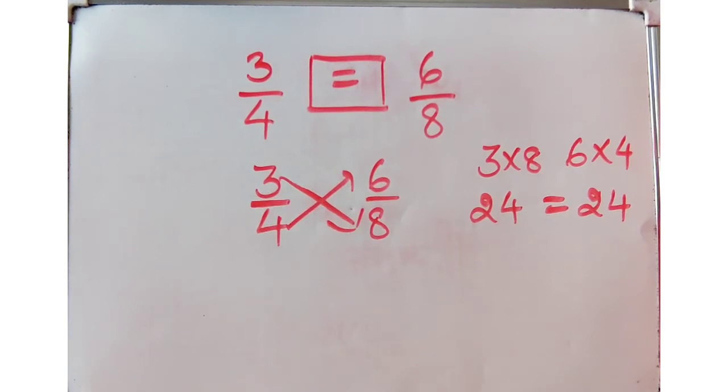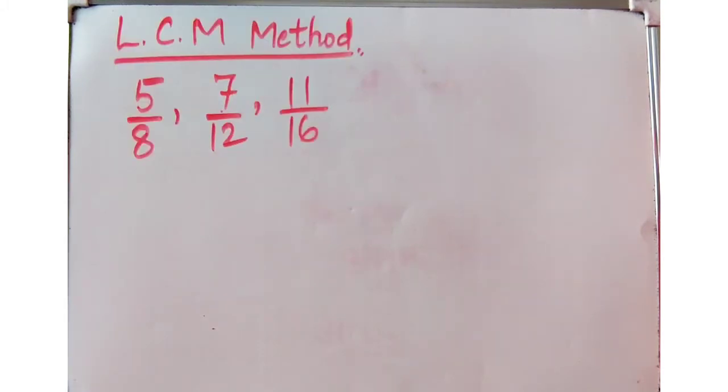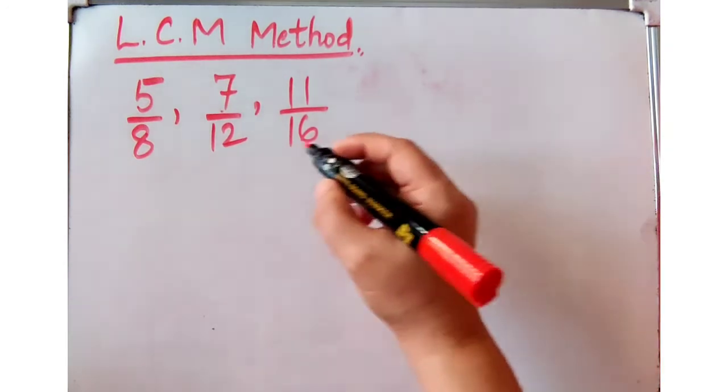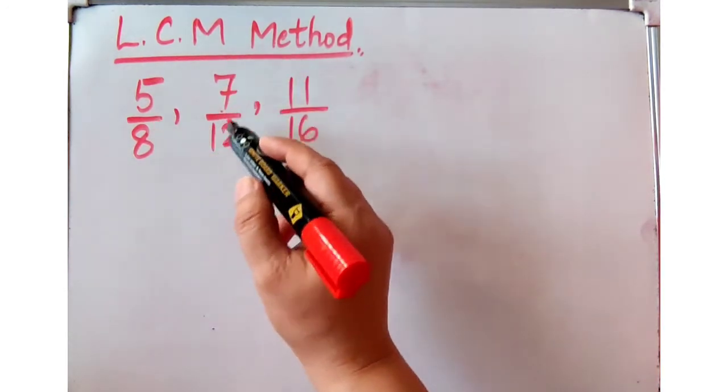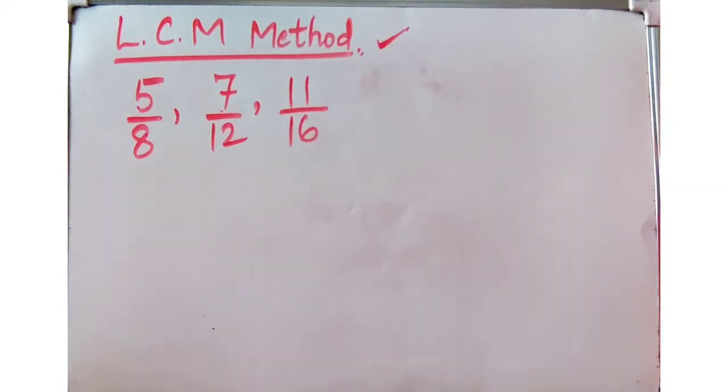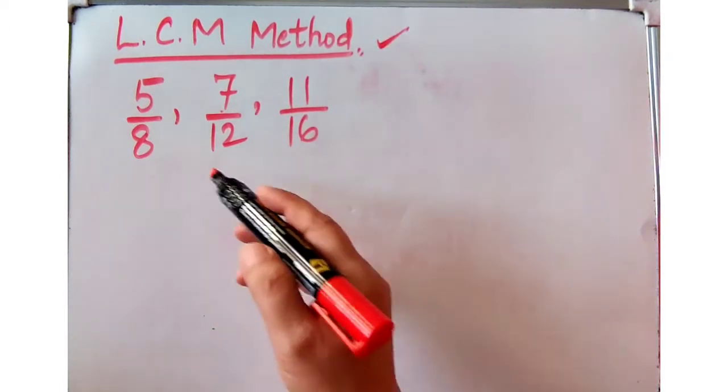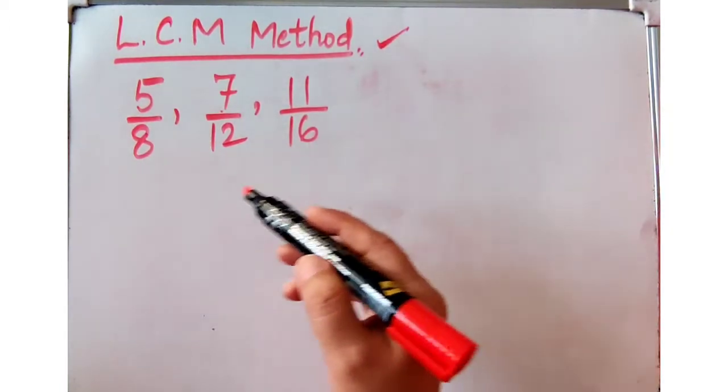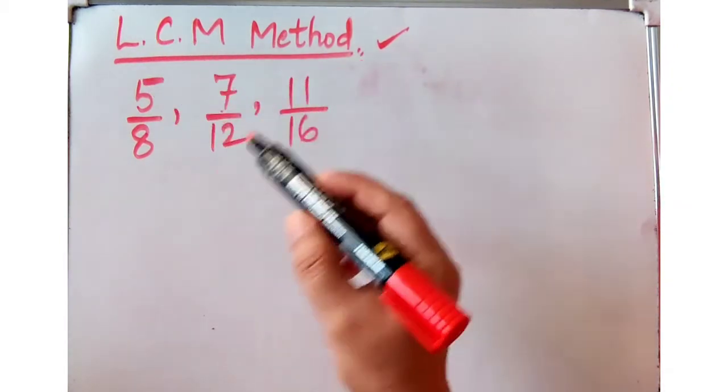So we will move on to the LCM method, where we will be changing unlike fractions to like fractions and then we will compare. So, comparing fractions by LCM method. This we have to understand. So I will be moving a little slowly so that we may move on step by step. So 3 fractions are given to you. This will be used while comparing more than 2 fractions. So when 3 or more fractions are given to you, you will be using the LCM method to compare the fractions.